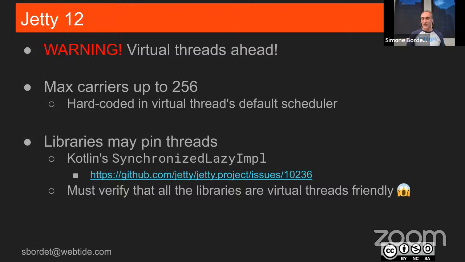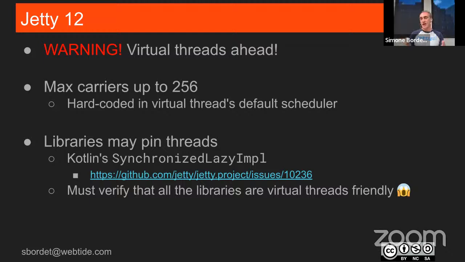So much so that, for example, this issue here has been filed against the Jetty project, but it was actually a problem in the Kotlin library, because they were using synchronized in all user code. They were just using the synchronized block with a virtual thread that pins the carrier.